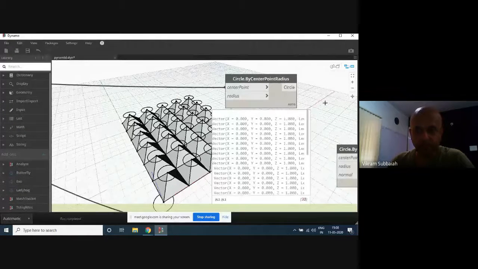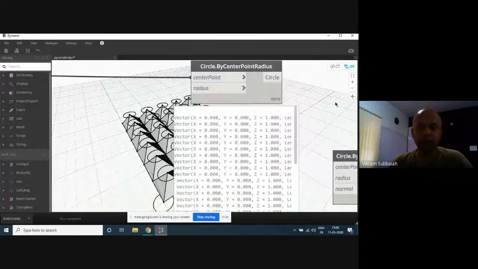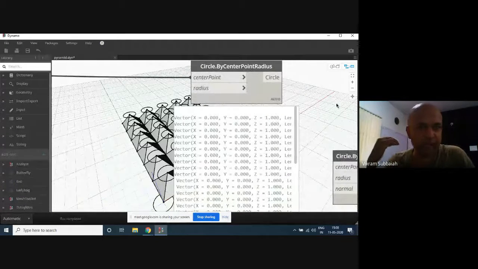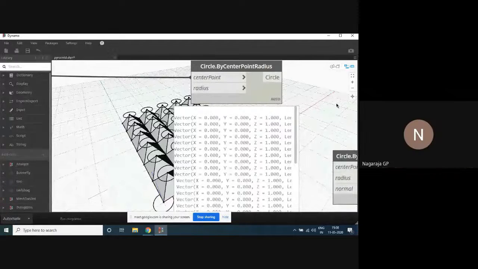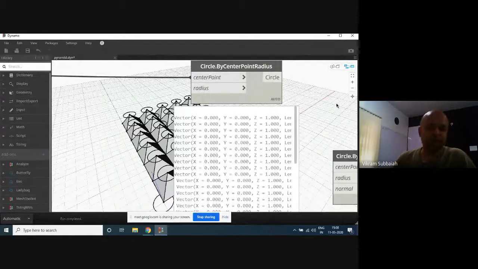Okay. So which vector would indicate the x-axis? What would the x, y, and z of that vector be if it's indicating the x-axis? 1, 0, 0. Correct. So now any of these vectors which have 0, 0, and 1 as the value is called a unit vector.